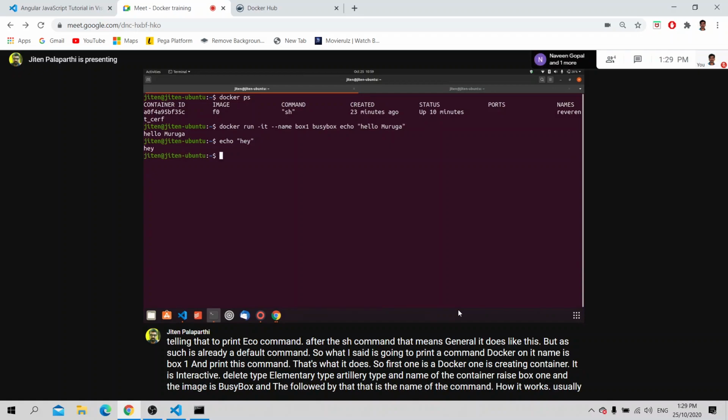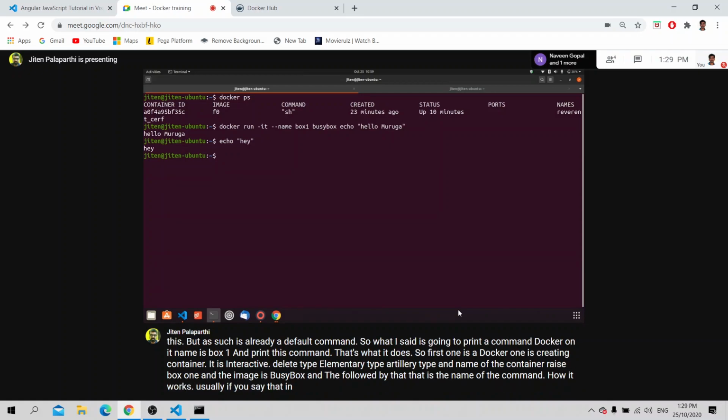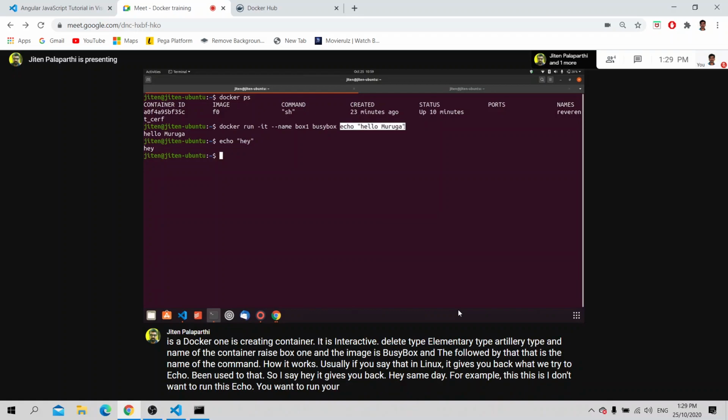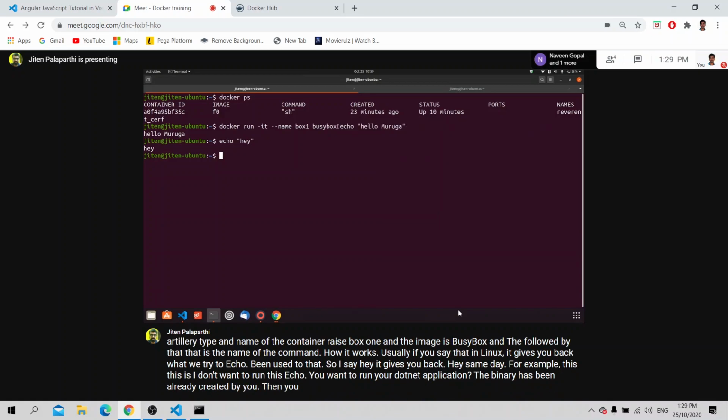Usually in Linux, what we try to echo, it gives you back. So I say hey, it gives you back hey. In the same way, if you don't want to run this echo but want to run your .NET application, and the binary has already been created by you, then you need to give the path of your .NET application inside your container.